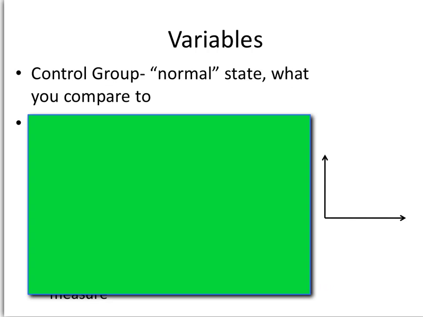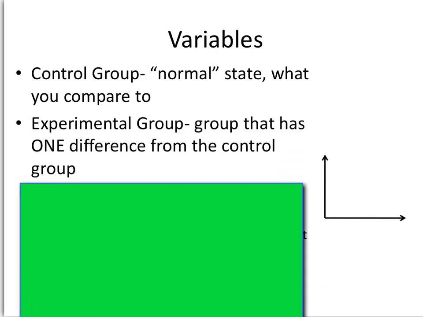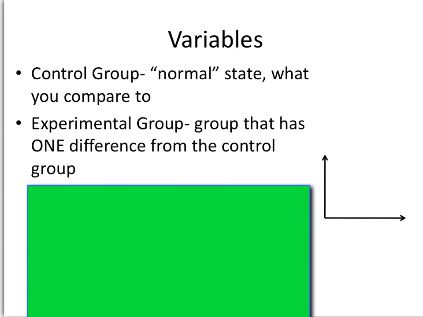Okay, so on to different parts of a scientific experiment. Again, you're probably familiar with a lot of these, but it's been maybe a little bit of time since you've gone over them, so we'll just kind of hit on everything again. So first off, your control group or your control is your normal state, right? It's your baseline, what you're going to compare to. So if something's different than the control, then you can say there was an effect. Right? And then if anything that's in your experiment is not part of your control group, that means that it's part of your experimental group. This is the group that has one difference from the control group, one little thing, and you want to see if that one little thing is going to affect your experiment or affect your outcome.